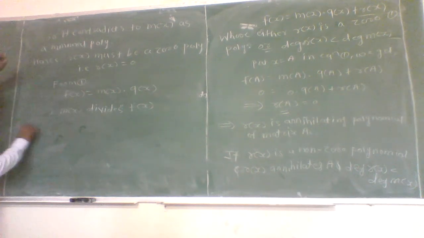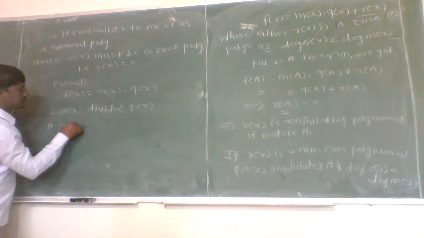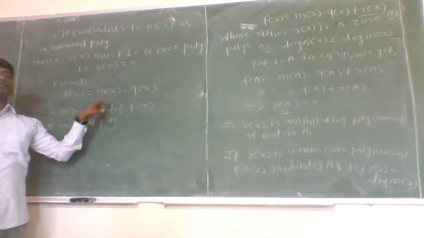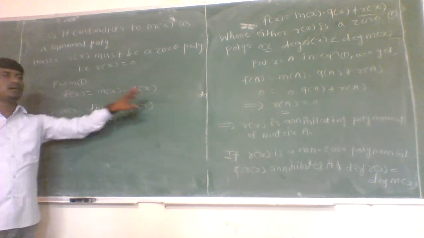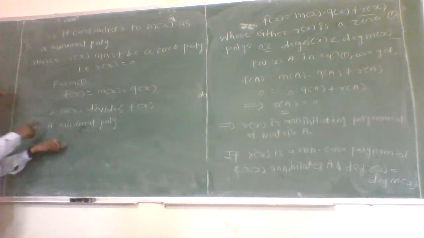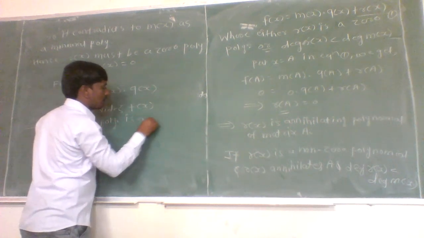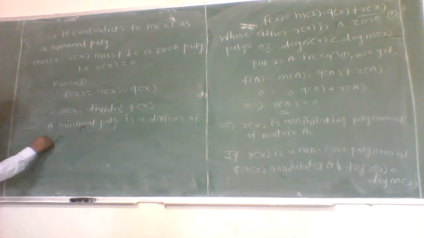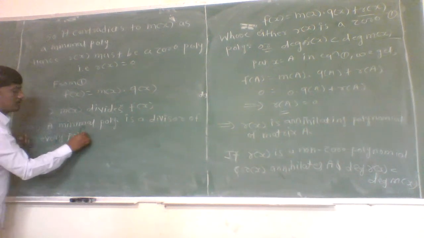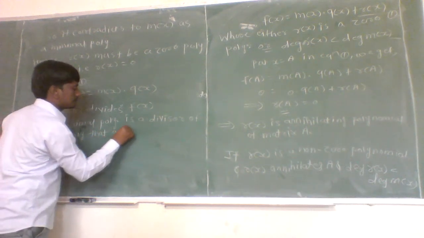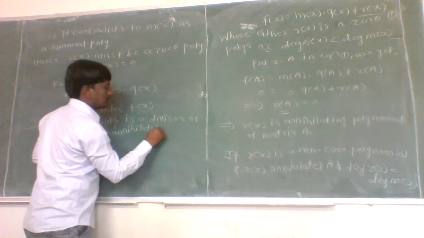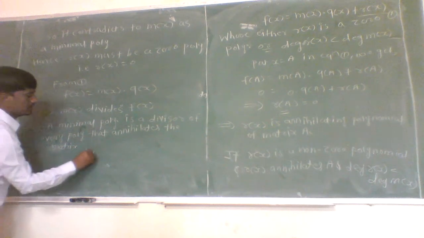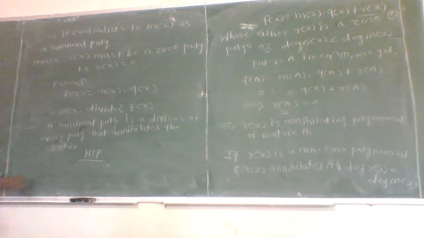Therefore, from this we conclude that, as here we have taken f(x) as any arbitrary polynomial which annihilates the matrix A, and the minimal polynomial divides the annihilating polynomial, a minimal polynomial is a divisor of every polynomial that annihilates the matrix A. Okay. Now the next one is